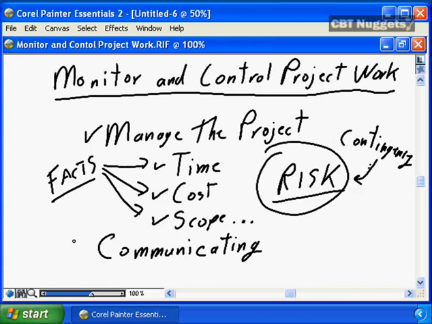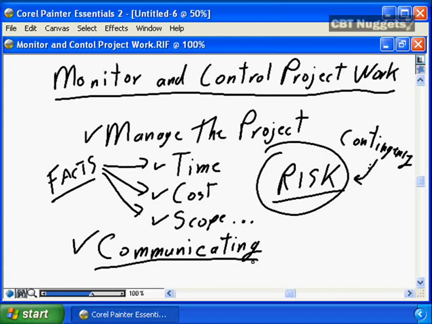A key facet to monitoring and controlling the project work is communicating. Communicate, communicate, communicate, and if you're not sure your message has been heard, communicate one or two more times. Ensure you have full, open, honest, effective, consistent, reliable. How many more terms do I need to throw in there? Communication. It's your job. You're the project manager.